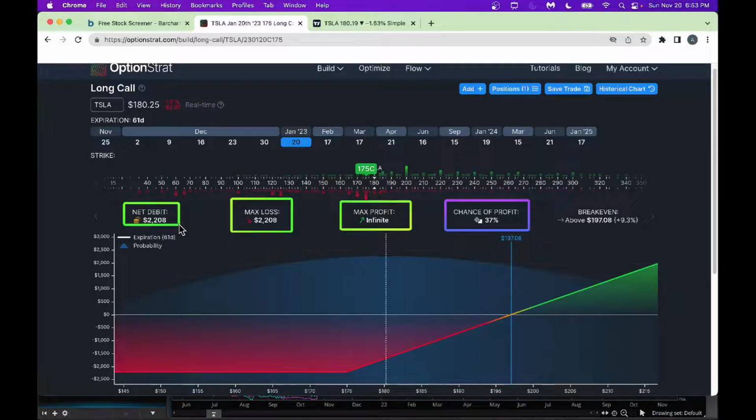And your break-even point, as you can see here, is $197, mainly because you got 175. This is what the strike price is. And look, you're paying 2,208. That brings you to $197. So with that, what we'll do is we'll try to see if your account size is small, what else